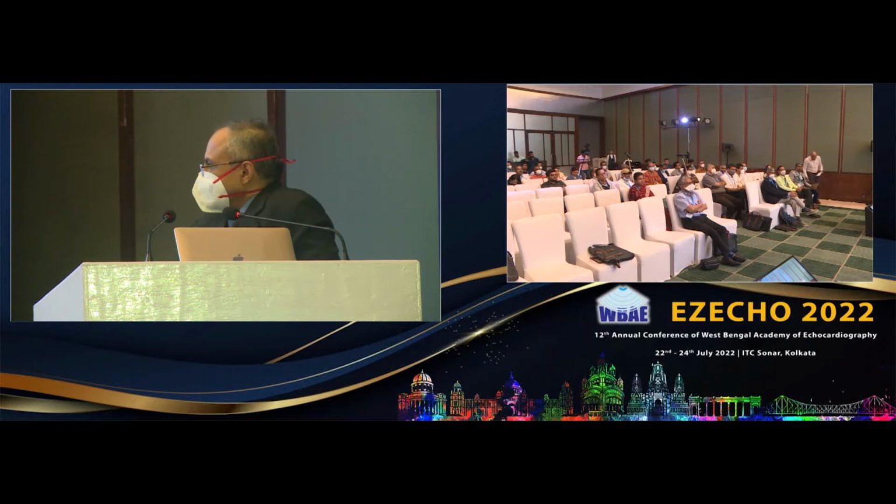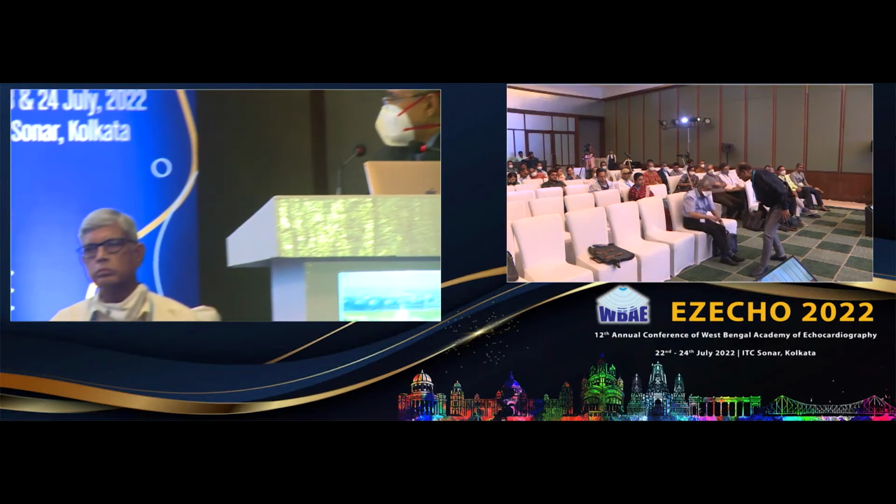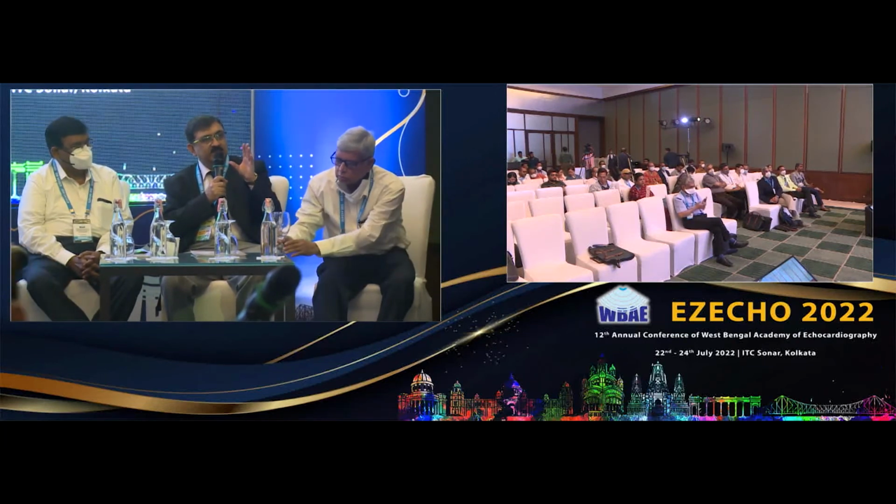Before I open up the session for discussion, you very importantly brought out the point that extracellular volume estimation is only possible with CMR. And of course, you did not show us cases of DCM, both ischemic and non-ischemic, because they are very commonplace, I understand. But how would you place extracellular volume estimation in the prognostication of DCM patients, ischemic vis-a-vis non-ischemic? And how do you see the changes in extracellular volume with the reverse remodeling that is now happening with current day GDMT? This is a very important question that Dr. Soumitra Kumar has raised,